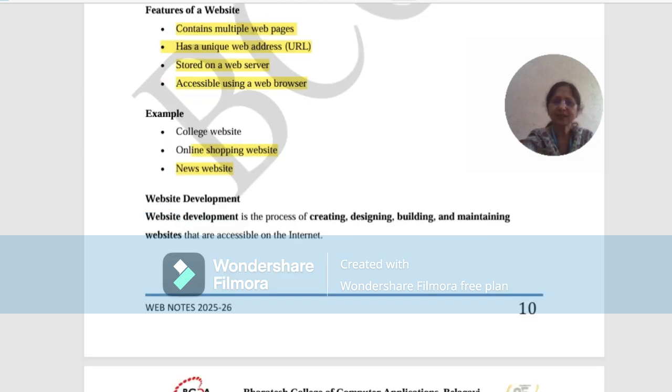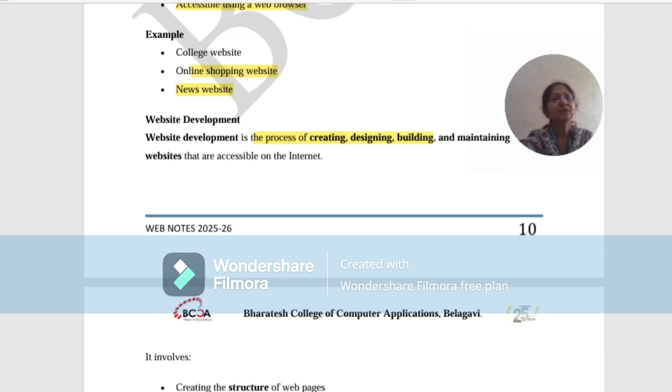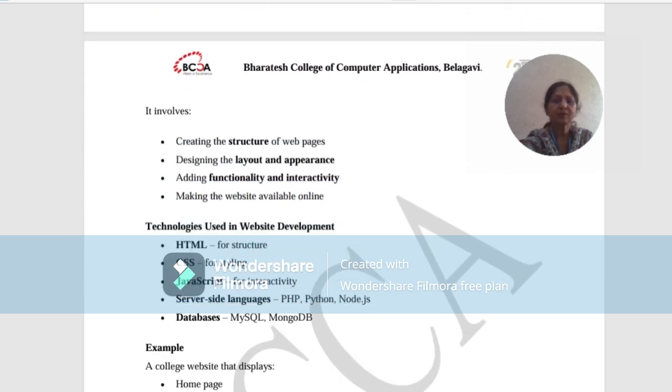The next term is website development. In brief, I will just introduce what we mean by website development. Website development is the process of creating, designing, building, and maintaining a website that is accessible on the internet. Okay, it involves creating the structure of a web page, then designing the layout and the appearance of the web page, adding functionality as well as interactivity to the web pages, and then at the end making the website